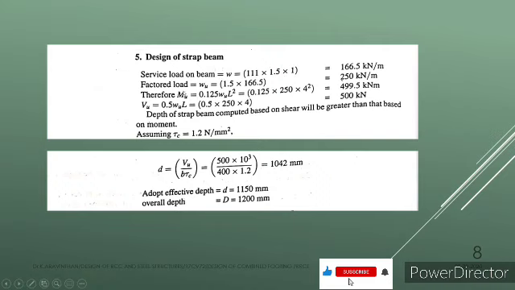And if you need shear force, the formula is WL by 2. Shear force will be maximum at the support. So, W is 250 and L is 4, divided by 2, which will be 500 kilonewton. So, this is your bending moment and shear force. Now, let us assume a tau C. Tau C is the design shear strength of the section as 1.2. Earlier, for design of footing, we have assumed 0.28.